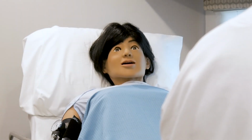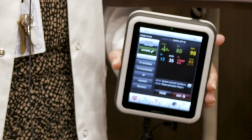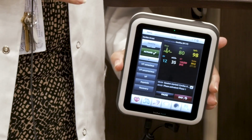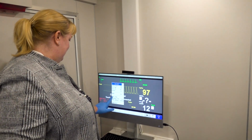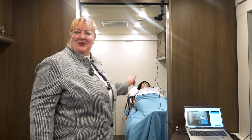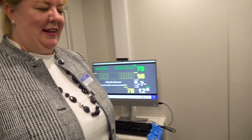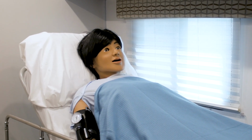So this lady or gentleman is controlled by what we call a simulation pad. And this will allow us to do things such as set her heart rate, teaching people about signs of stroke. We could simulate that in a mannequin, teaching them signs of a heart attack so that they would know when to get care. She opens her eyes, she talks to you, she makes noise, she coughs, she throws up, she yells. You can use voiceover, so the simulator who's controlling it can actually voice through the mannequin, and it's all